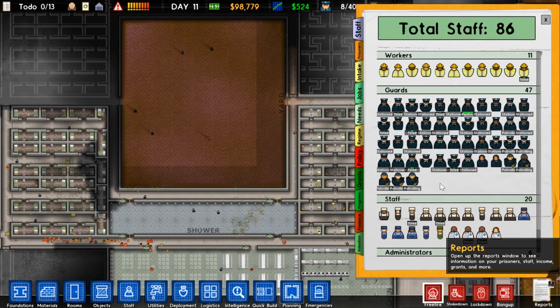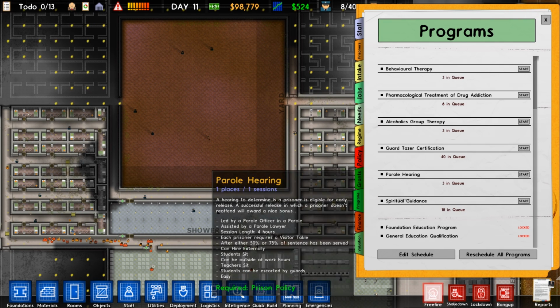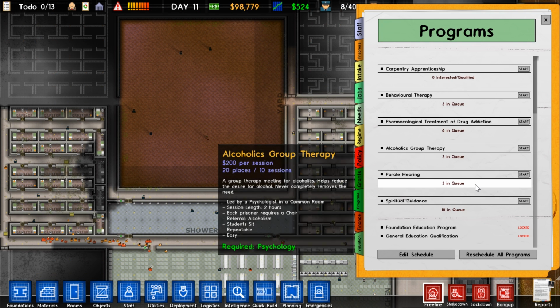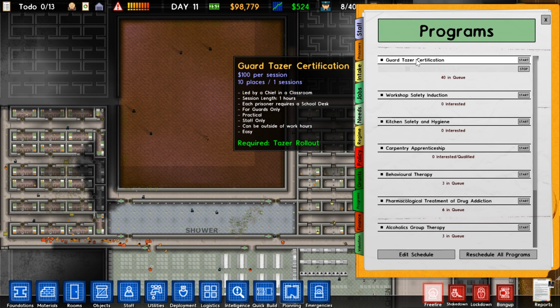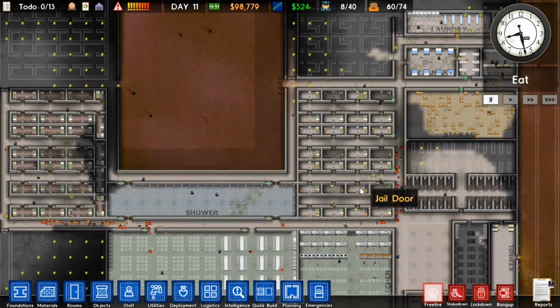But the question I have for myself, did I ever do the taser rollout program? Because if I haven't, guard taser certification, start. And I don't care when that's happened, so we just need to have that happen. Oh, what do they need? Need a classroom? Alright. So they need a classroom, requires a school desk for guards only, practice, staff only, can be outside of work hours, easy. Alright. We're going to need that, so